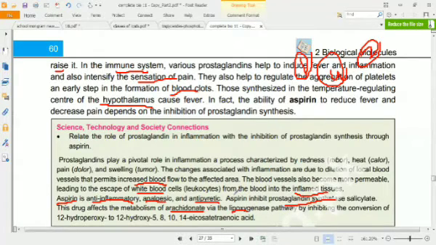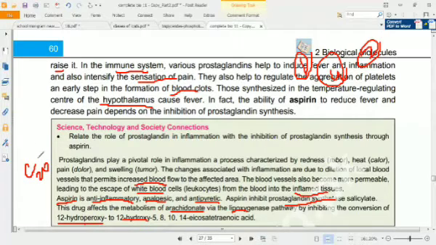The lipooxygenase enzyme changes 12 hydroperoxy to 12 hydroxy. What is its full name, the acid which is changed from arachidonic acid? It is 12 hydroxy 5 8 10 14 eicosapentaenoic acid. It is the same compound, but here it is peroxy and here it is hydroxy. So its formula is